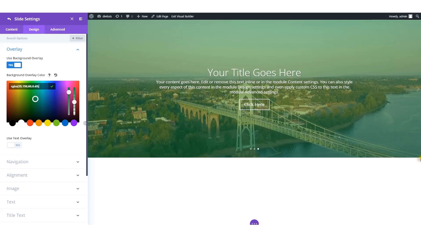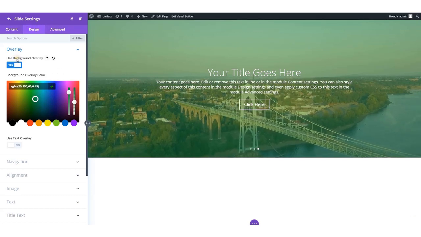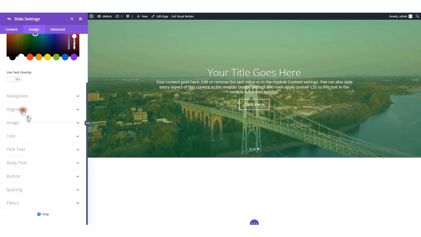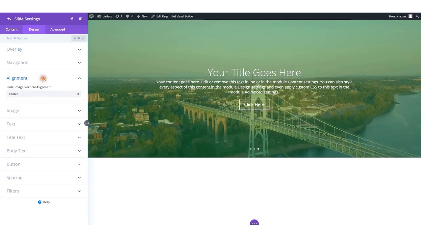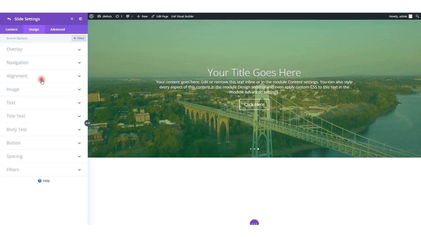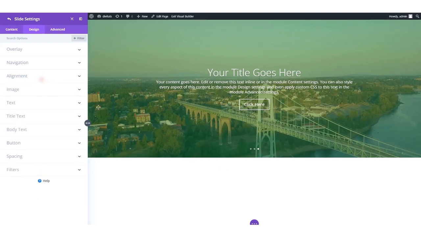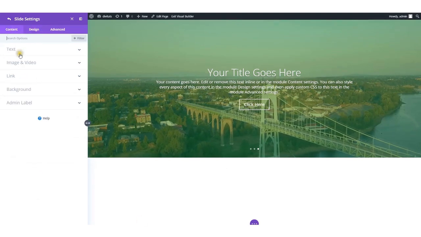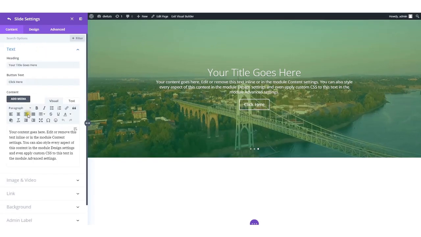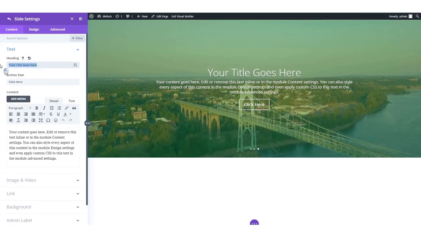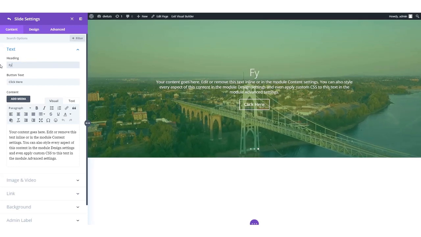I'm just going to change the content, alignment. Go to the alignment first, sorry, not alignment. Go to the content and go to the text, and here I will write full video documentation,